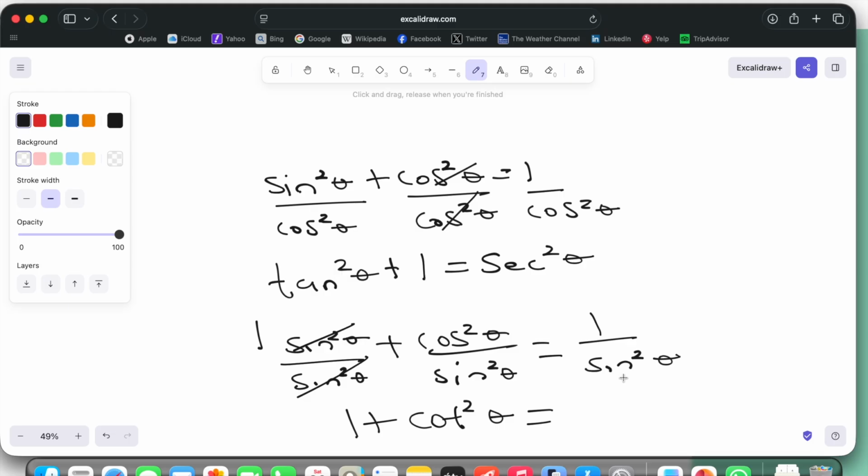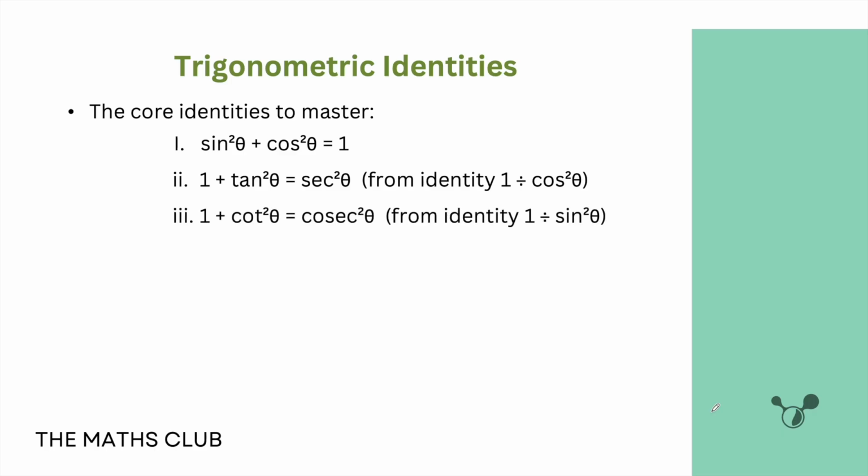It is equal to 1 over sine square theta. 1 over sine is what? Cosec. So cosec square theta. So we have 1 plus cot square theta is equal to cosec square theta. So basically, you just need to know this one, the first one,